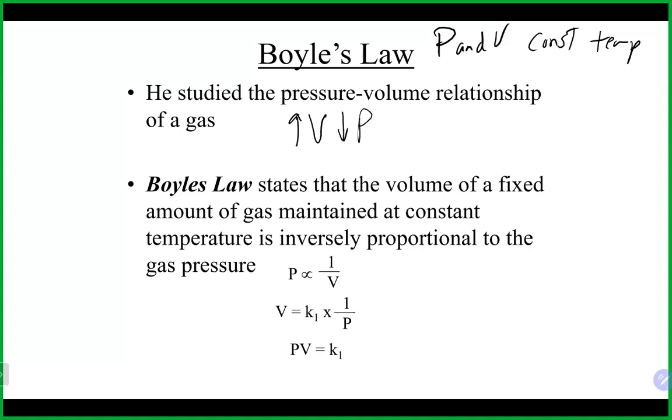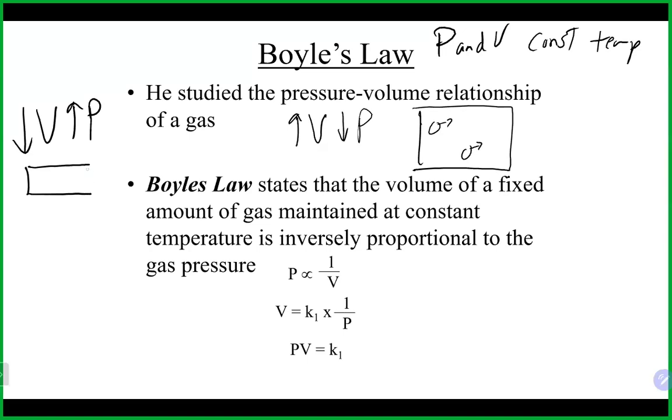If you think about it logically in terms of volume, if you have a really big volume, that will give all your gas molecules a lot more room to fly around in. And because it has a lot more room to fly around in, the number of collisions is going to be less, and that's going to result in a much lower pressure. Now, the other thing he saw was that if you decrease the volume, you will see an increase in the pressure. If you think about it graphically, if this is now my volume and I've got my gas molecules in there, they definitely do not have a lot of room to fly around in.